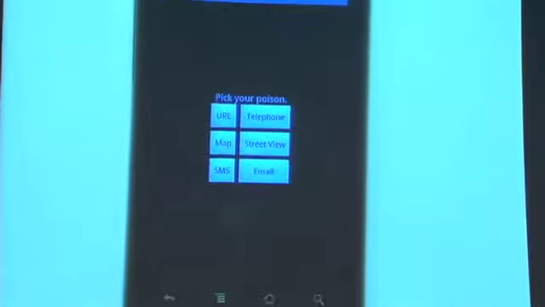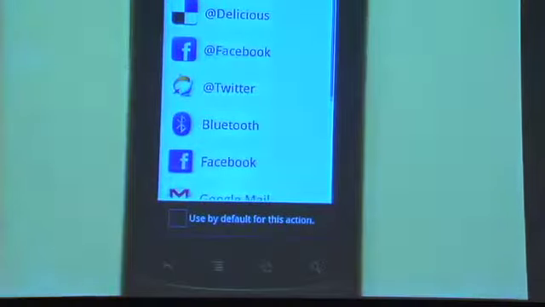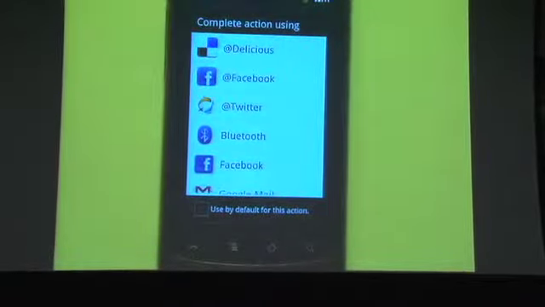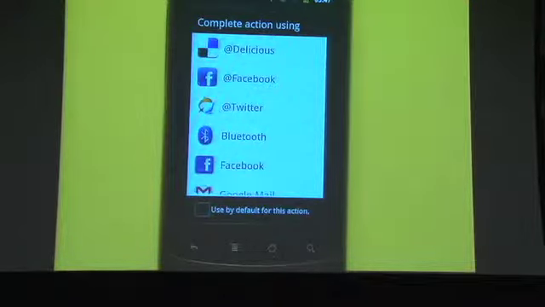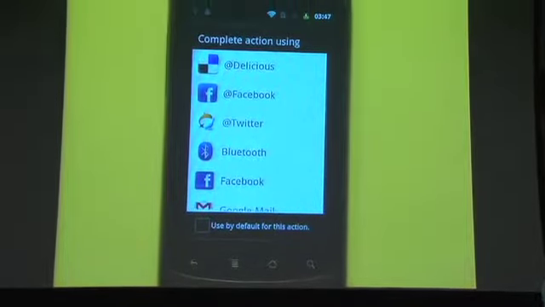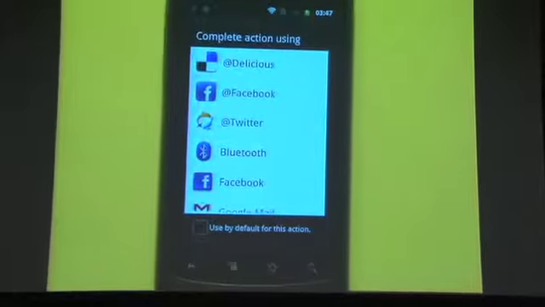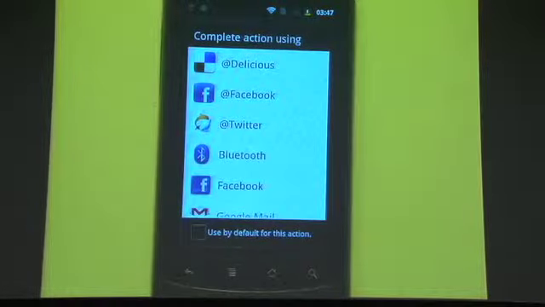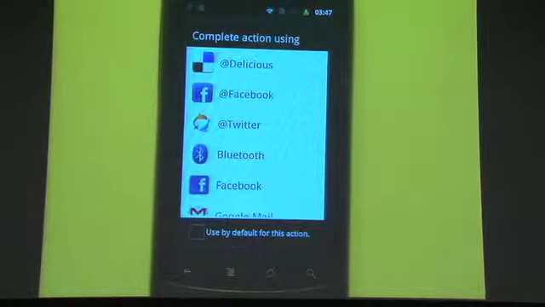And what I mean by that is if we go back to this here, and I click on email, notice that it actually brings up a menu. Even though my intent in code is this abstract concept that I haven't gone over quite yet, if in code I define an intent and I say that I want to send an email, and I tell the Android OS that I want to send an email,